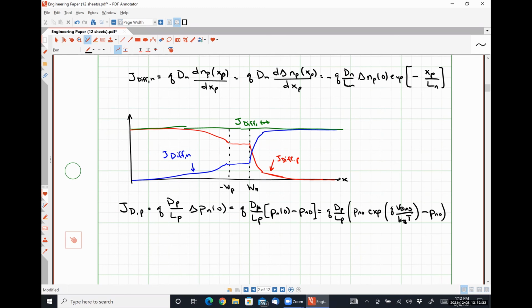And we can group like terms together and call this